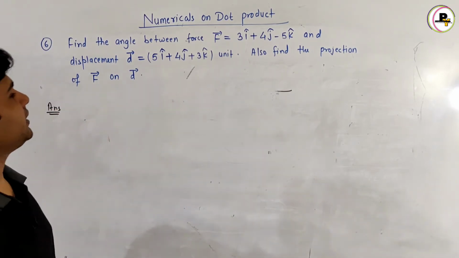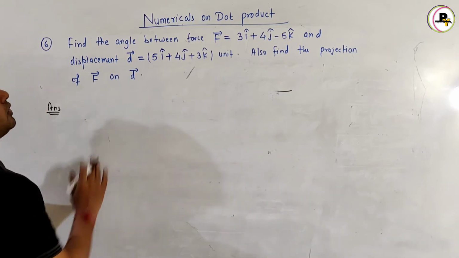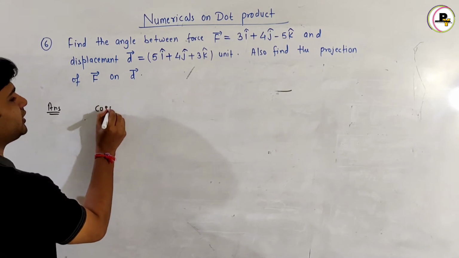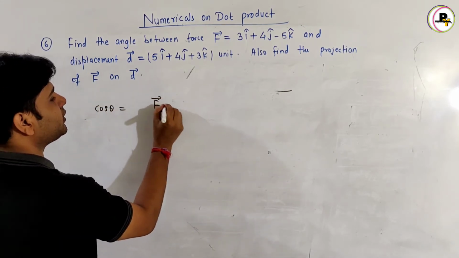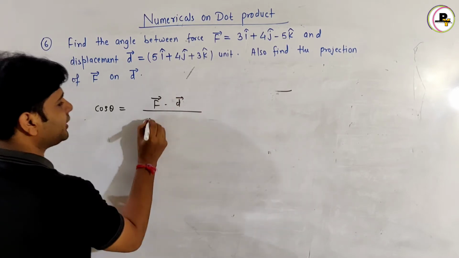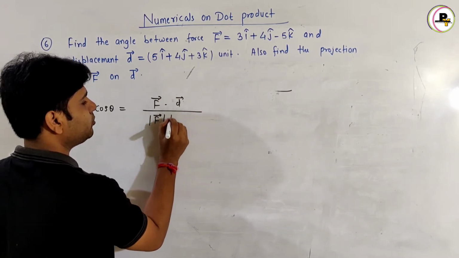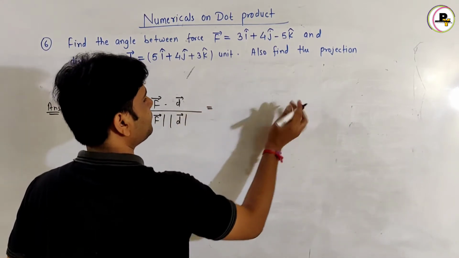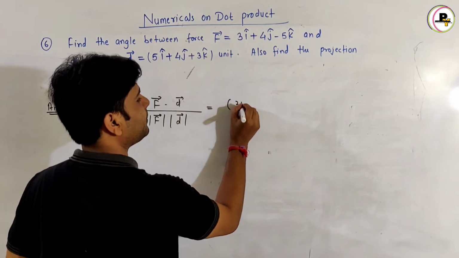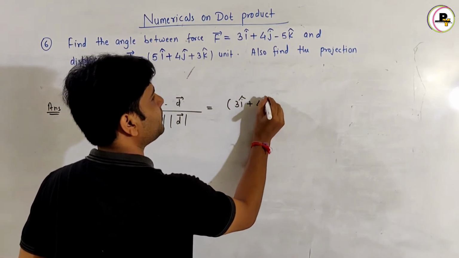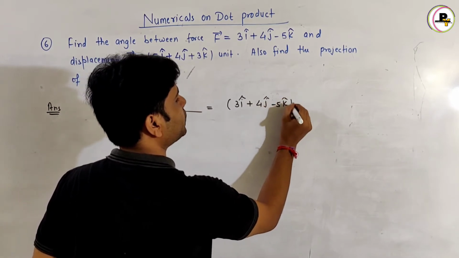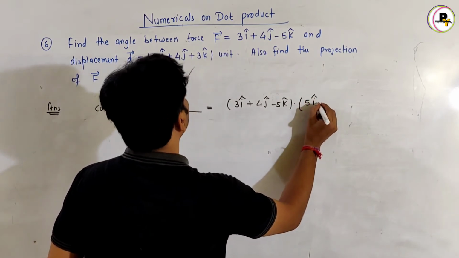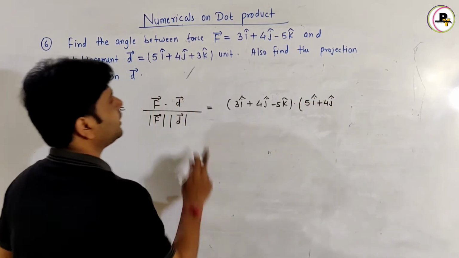What we have given, f vector and d vector. So I need to find the cos of theta. So here I can write cos theta is equal to f vector dot d vector divided by mod of f vector into mod of d vector. And this is equal to what? What is f vector? It is 3i cap plus 4j cap minus 5k cap dot, what is d vector? It is 5i cap plus 4j cap plus 3k cap